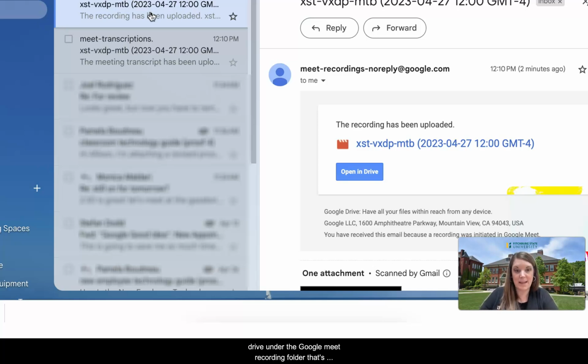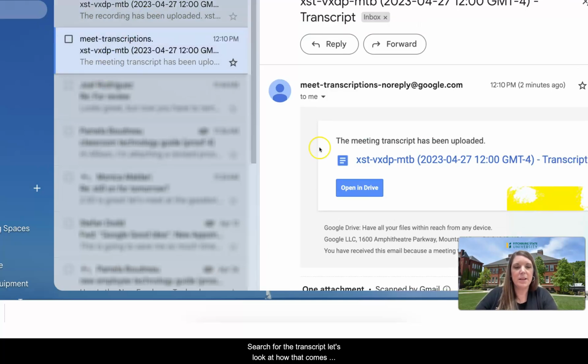But I know that it's been saved in my Drive under the Google Meet recording folder that's automatically been created for me. And it will always be saved there unless I make changes and move it otherwise. So for the transcript, let's look at how that comes across. So as you can see, it's labeled with the Meet